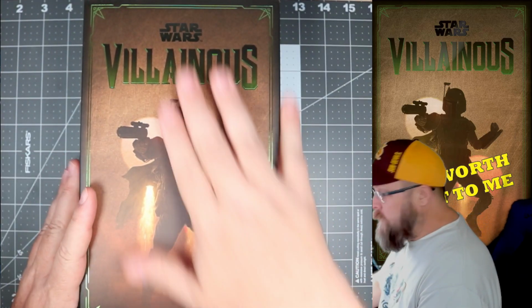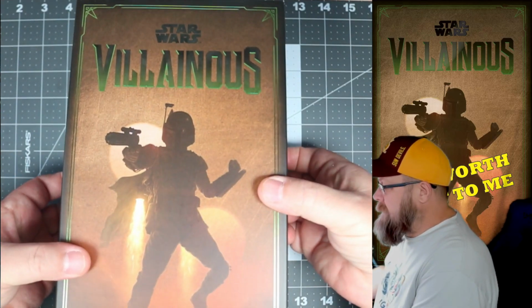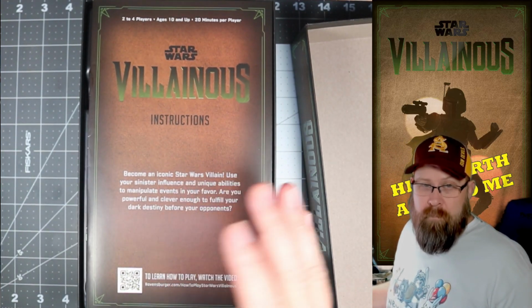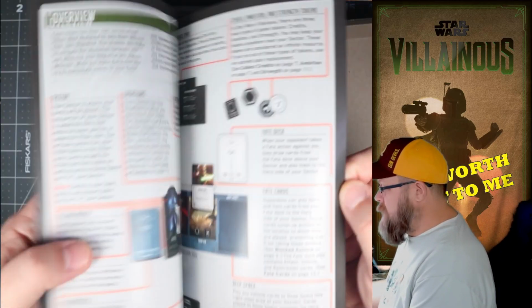All right. So this is going to be the original box. Technically there isn't a difference as far as that is concerned. It's just covered up by the sleeve. All right. We then get the instructions, which,